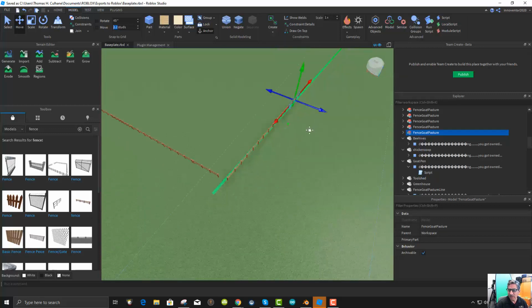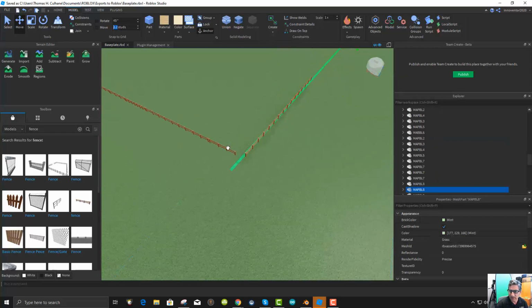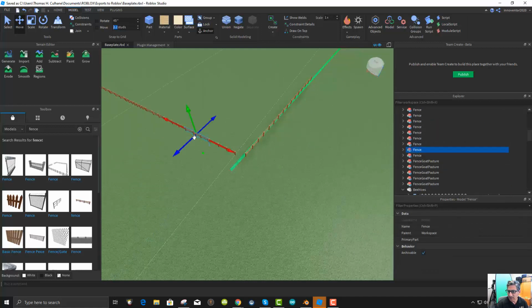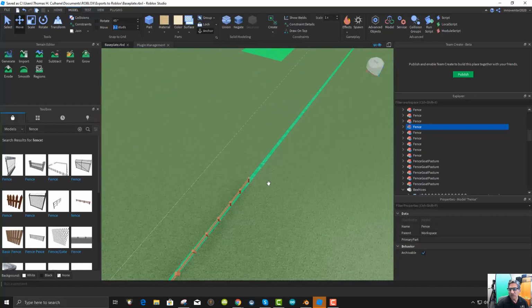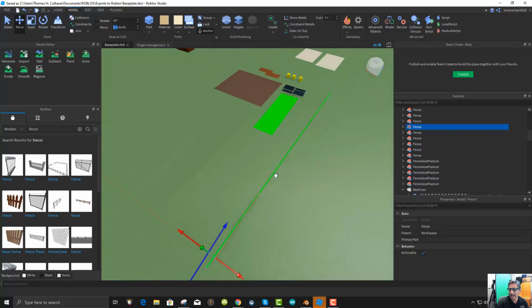And put your fence lines in like so. Same with any of these. No idea why I can't select pieces easily. There it is. So this fence here, go to move and bring it over to the fence line and line it up. So getting this all the way laid in there,